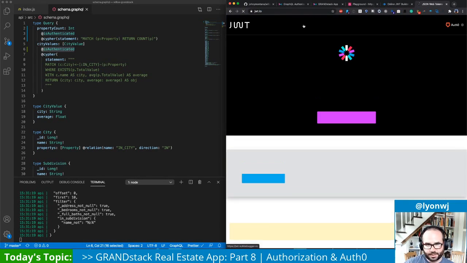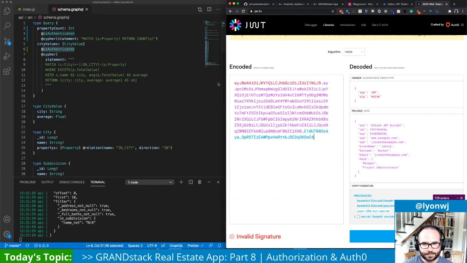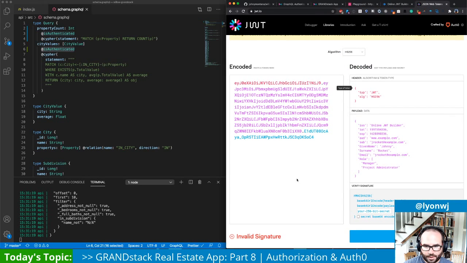inspect. So here's another great tool, JWT.io, that allows us to paste in a token and take a look at the payload data. So here are all the claims from that token. And if I grab the key and paste that in here, then it can also verify that, yep, this is a correctly signed